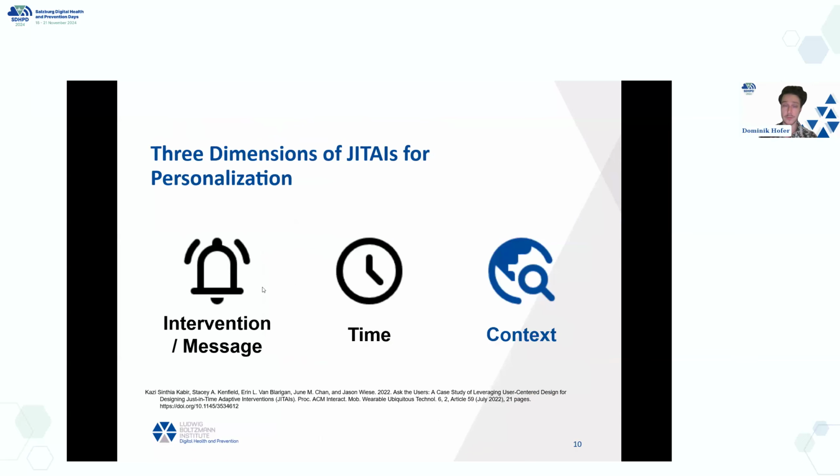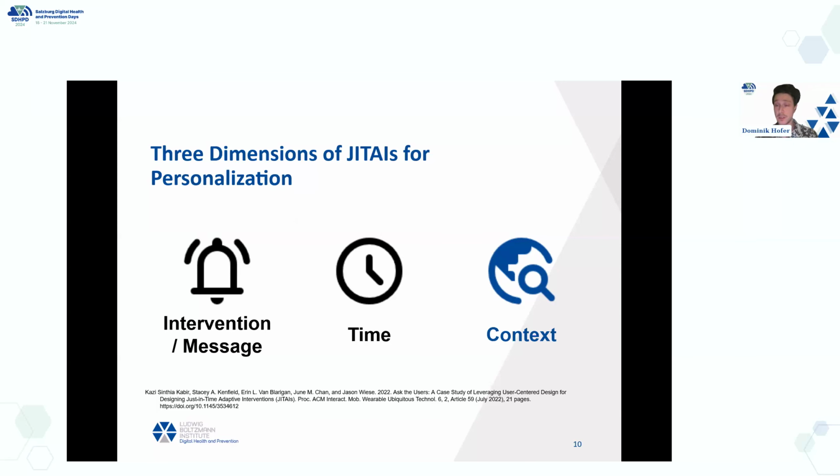To give just a brief overview, there are 3 dimensions of how to personalize. The first one would be the intervention or the message per se, which has already been heavily researched from a user as well as a healthcare perspective. The second dimension would be time, defining if a JITAI at all should be sent, and if yes, when exactly. And the third dimension would be context, as we already said, tailoring variables, where we define contextual features such as geolocation, time of the day, user personality traits, as well as the schedule, and then define if a JITAI should be sent and what type, what content a message should have.